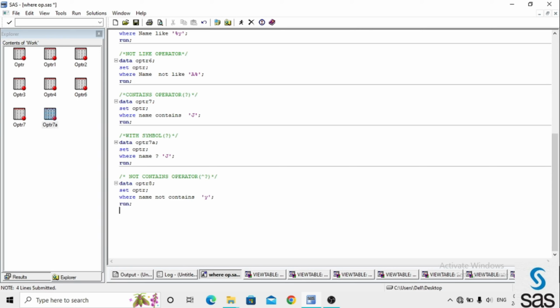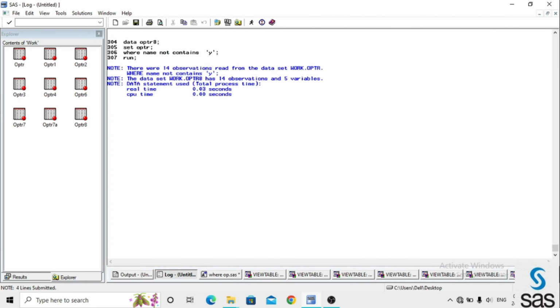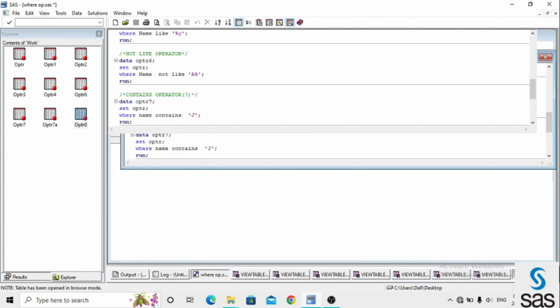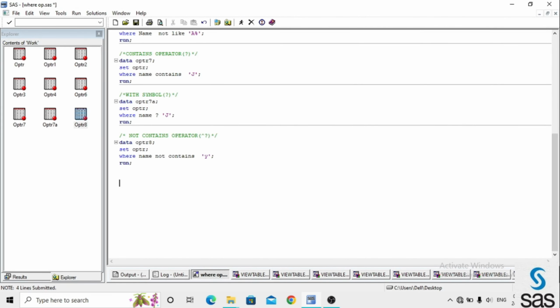I am running this code, and before opening the dataset, check the log once, and the log is clear. Now I am opening operator 8. Here observe that no observation in the name variable contains y. Got it? Like this we separate data by using the where statement with the not contains operator.